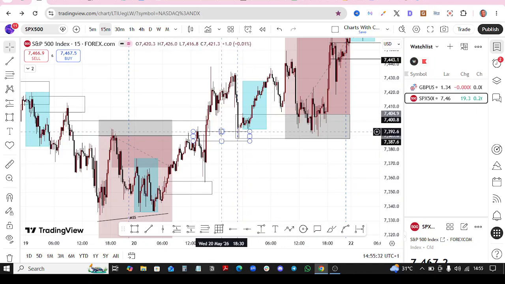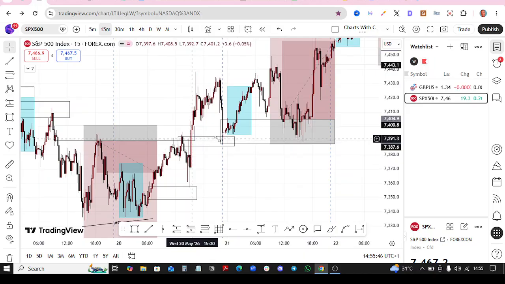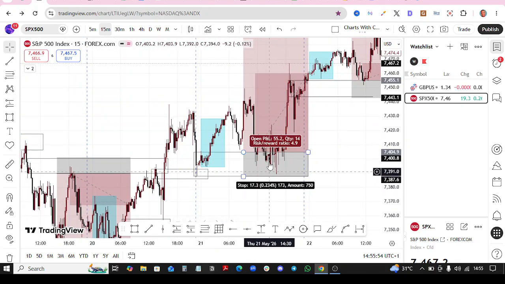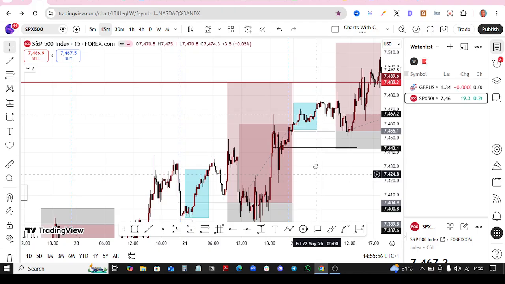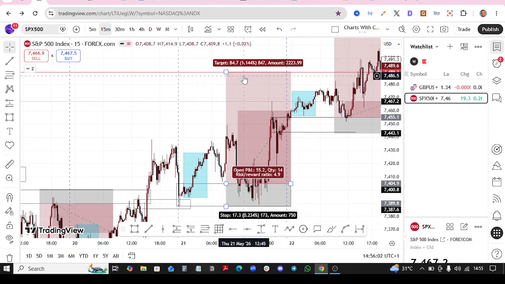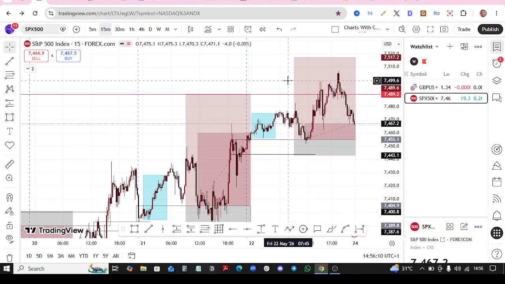If this particular breaker block now was mitigated during Asian section, I would have taken my buys from here, right? Yeah, I would have taken my buys from here. But since it got mitigated before the Asian section, that was why I was confident this zone would hold, right? So that was how I got into this buy. This is a 1:4 buy, 1:4 R, almost 1:5. So that was how I got into the buys, and we got taken out, and then I was expecting US